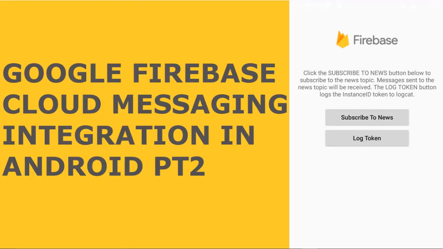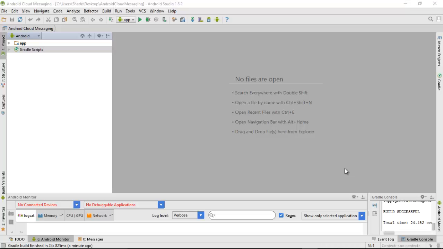Alright, we're headed straight to Android Studio, which is our IDE for this integration. You create a new project just like you've always been doing. Afterwards, there are a few steps I would like to put you through in order to have this configuration well